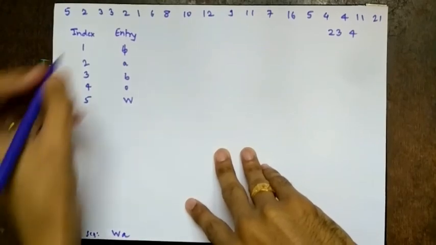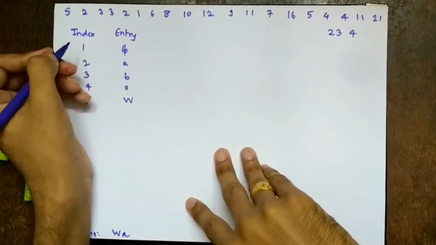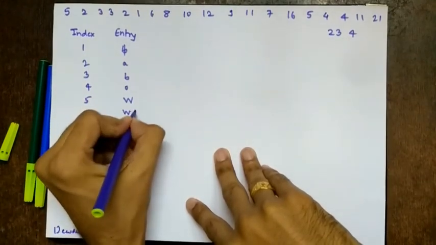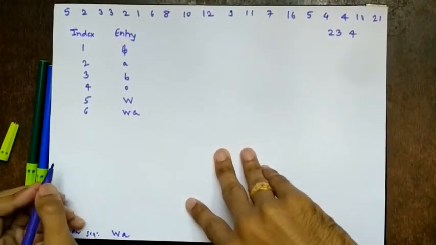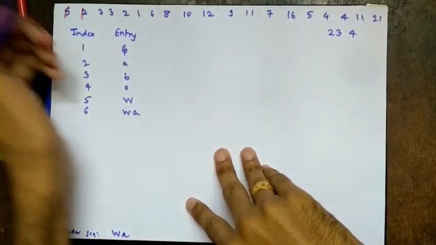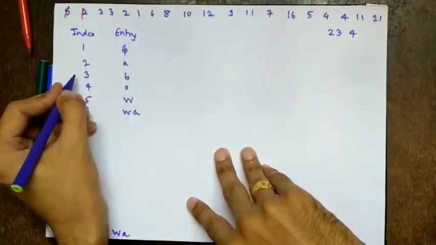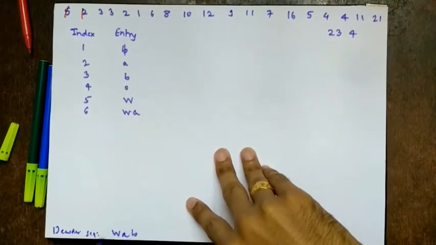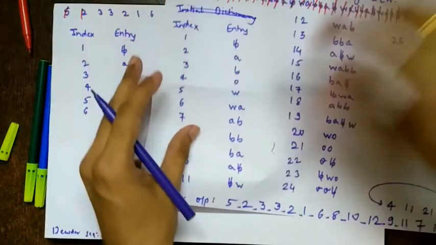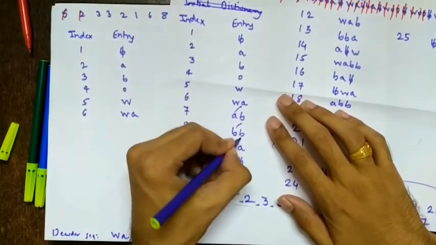Now no spaces. So A is there, but what we do, since we have to mimic the dictionary, we have got a new entry WA. So I write WA entry 6, right? So we are done with 5 and 2. So I'll scratch them, right? So then 3. So 3 is already corresponding to B. So this is B, right? Then what we do? As you have seen while encoding, if you have observed, we always get these things. They are always same.